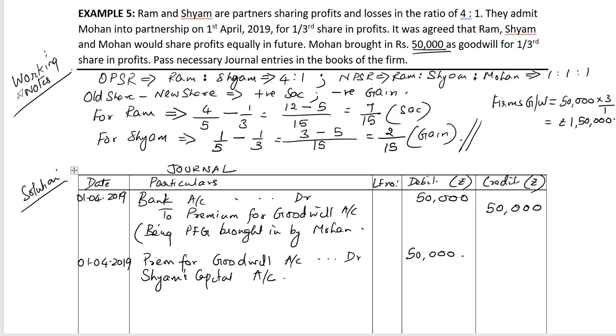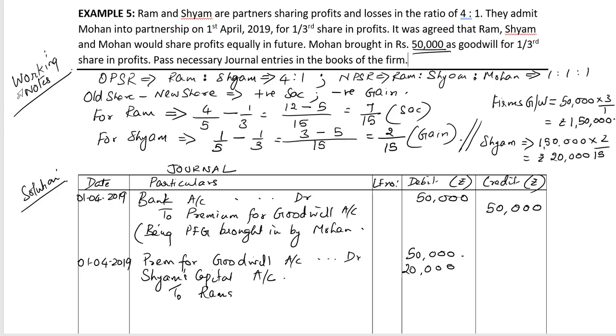Now Shyam has gained 2 divided by 15, so for his gain, we need to debit Shyam with 1,50,000 rupees into 2 divided by 15, which is equal to rupees 20,000. So we'll debit Shyam's capital account with rupees 20,000